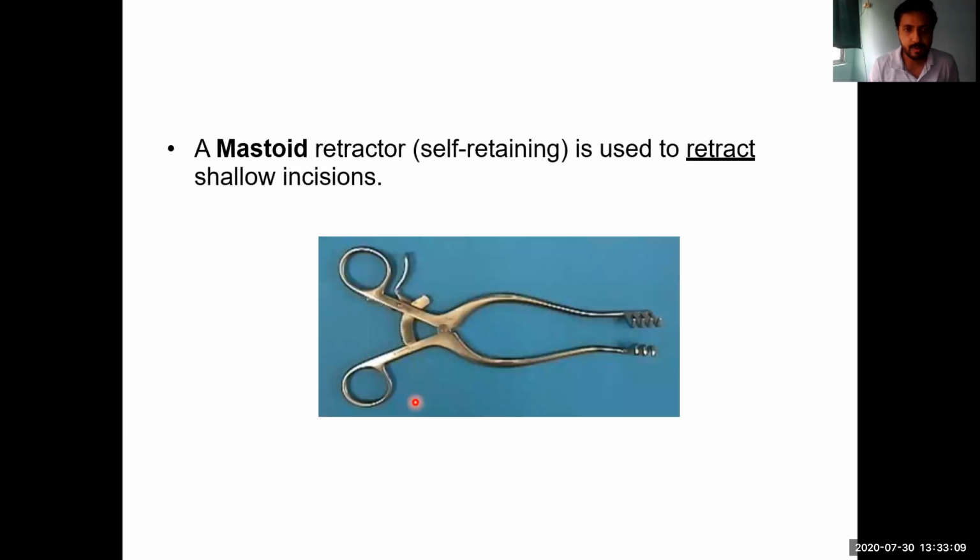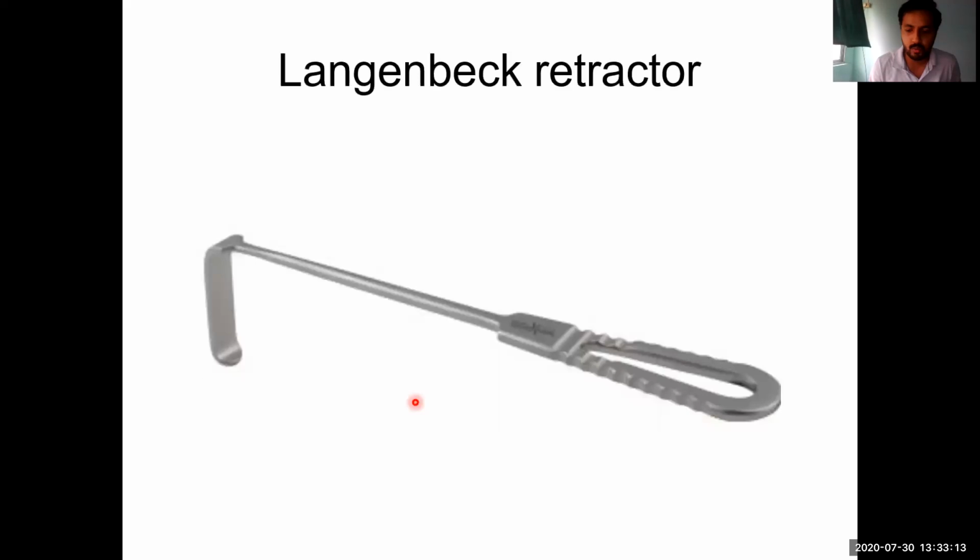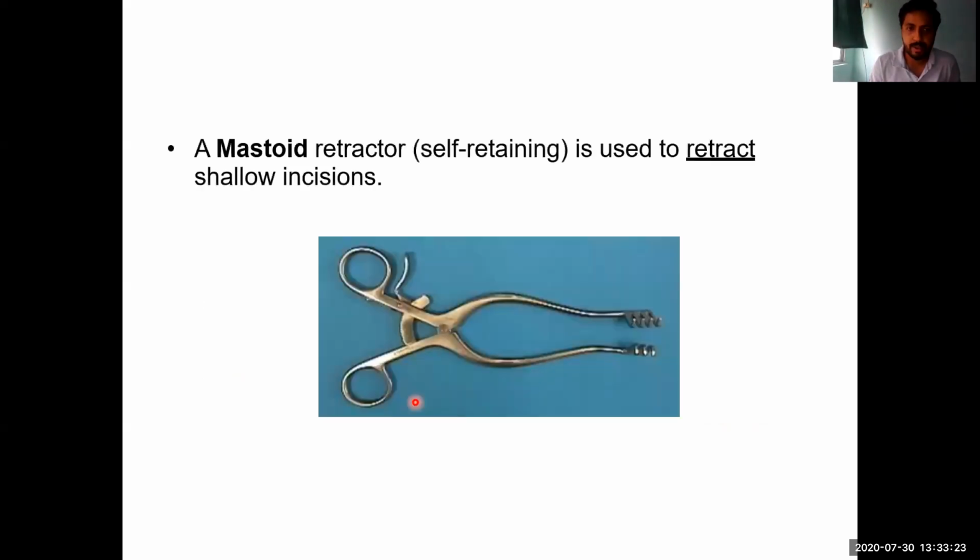Masters retractor. See, with all the previous instruments, we have to hold the instrument, so one hand of either the surgeon or the assistant is occupied by holding the instrument. But with the Masters retractor, you can retract by pressing this instrument together. See, if we press this together, this will go separated. And see the direction of these flanks. When we press this one, these two flanks will be separated.